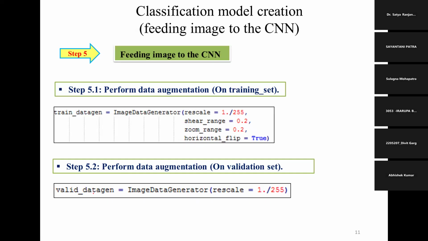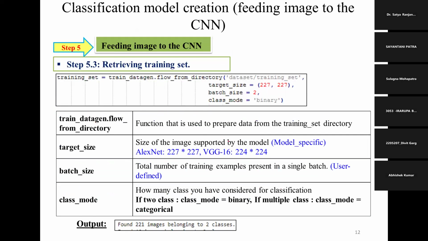Generally, we are not giving much augmentation there. We only go for rescaling. What is rescaling? When we download the data, the raw data may have images of different scales or sizes, so we bring the pixel values to a certain range. We just divide by 1/255 to normalize the pixel values. Then after that, we need to give that data.